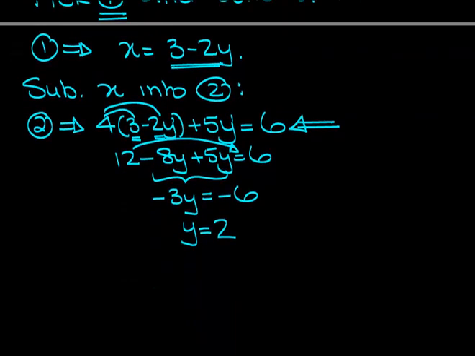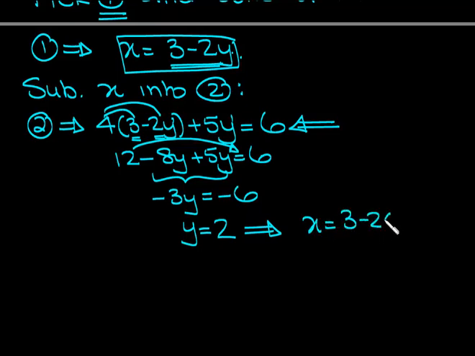Now how do I find x? Well, you don't have to do any extra work because we already know x. X is right here. What is x? It's 3 minus 2y from step 1. So to find x, you just use step 1. You can go back and this tells me x is equal to 3 minus 2 times 1. Okay, so that tells me 3 minus 2, so it gives me